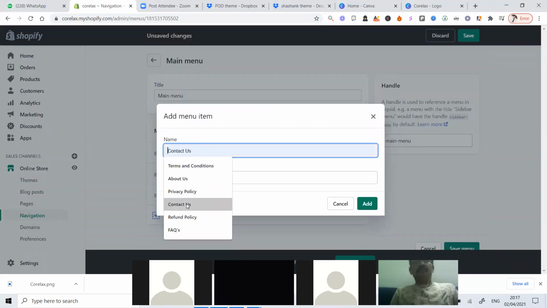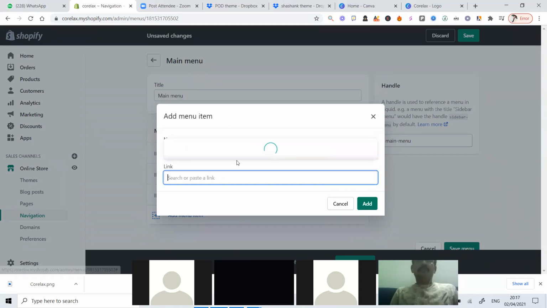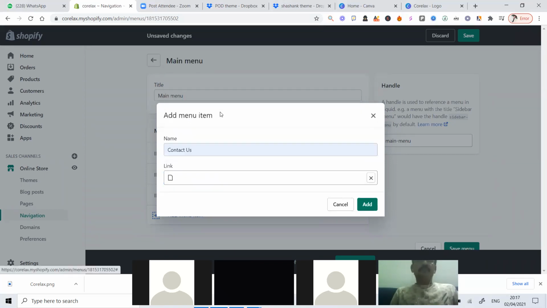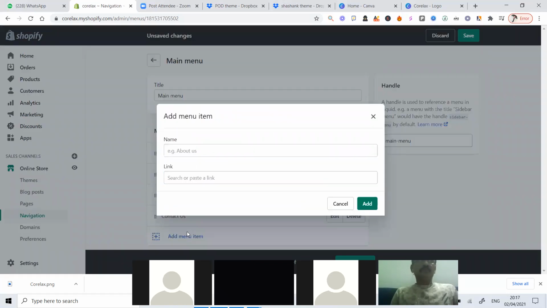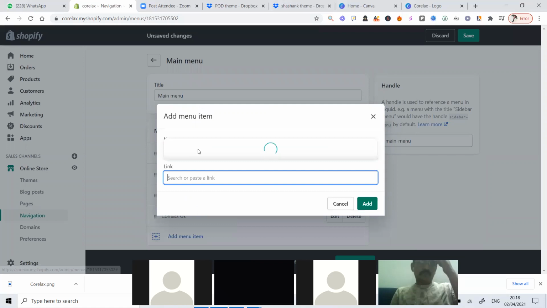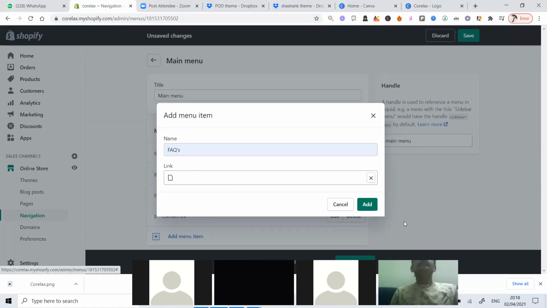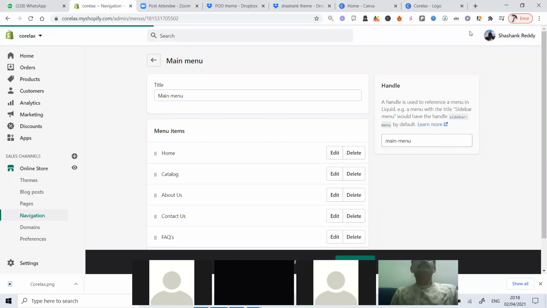After that, click on contact us, it's a page, link it to contact us, add, and after that, add a menu item. Now it should be FAQs, link it to pages, click on FAQs, just say add. So your main menu is done, just save it.